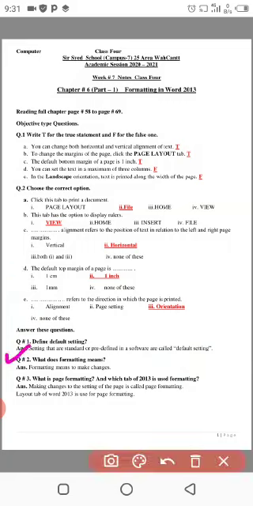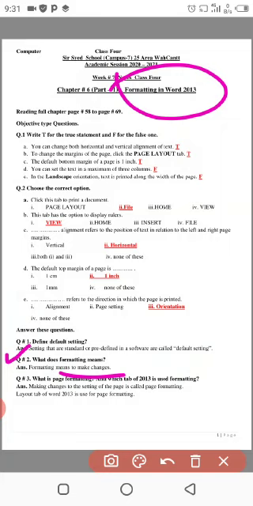Question number 2 is, what does formatting mean? As I have told you earlier in the topic formatting in Word 2013, formatting means to make changes. And where can we make changes? Obviously in the document.